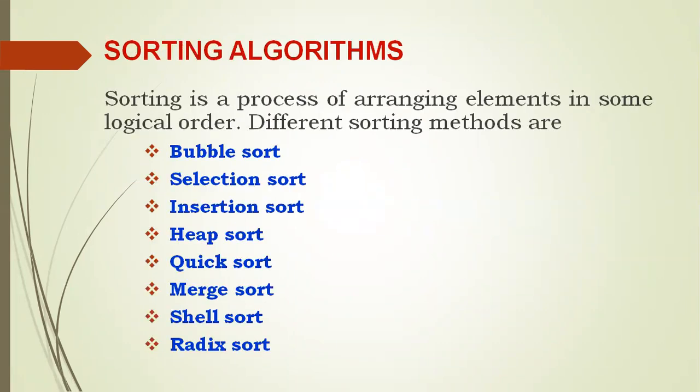In the literature, we can see several methods available for sorting a one-dimensional array. Some of them are bubble sort, selection sort, insertion sort, heap sort, quick sort, merge sort, shell sort, radix sort, and bucket sort. Still many more exist, but in our last unit, we are going to study only some of these techniques. In today's class, we restrict ourselves to only the basic method called bubble sort.